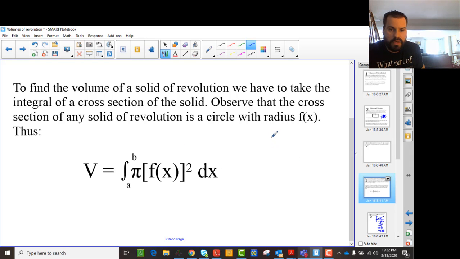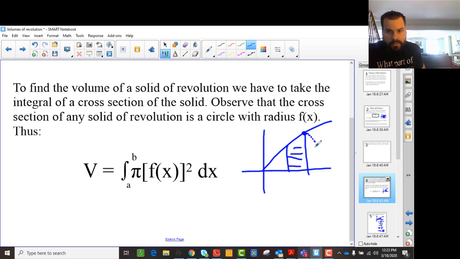So if you think about it this way, I'm going to redraw this again. And here's my region, right? It's a little bit different than the last one, but let's say that's my region. As I take this point and rotate it around the x-axis, I'm going to trace out a circle, just from that point. Then if I take this point, I'm going to trace out another, different circle as I go around. And as I do that with each of these points, all the way up to there, I'm creating a series of circles, the area of which